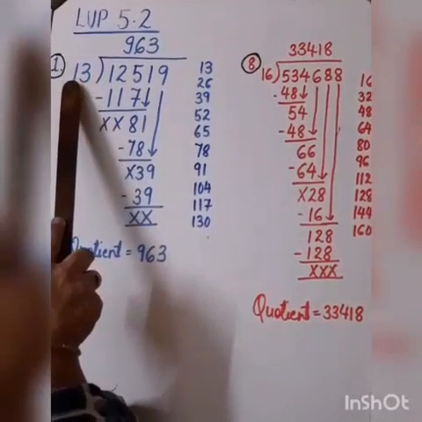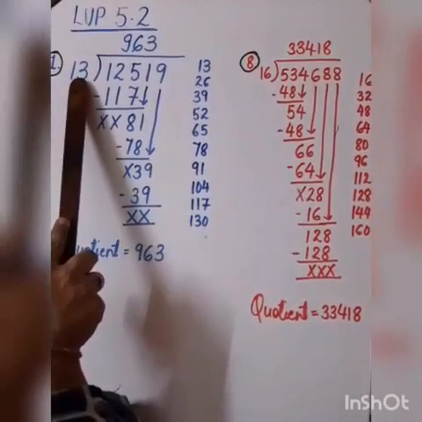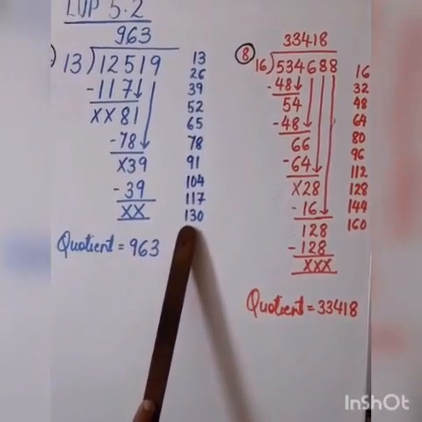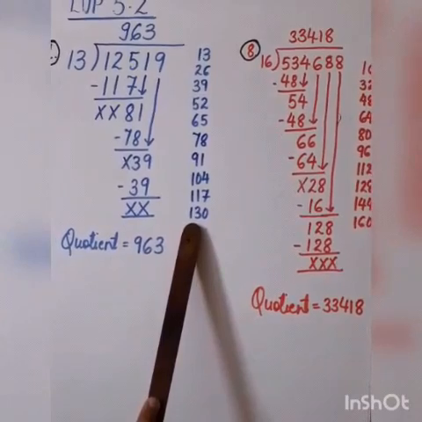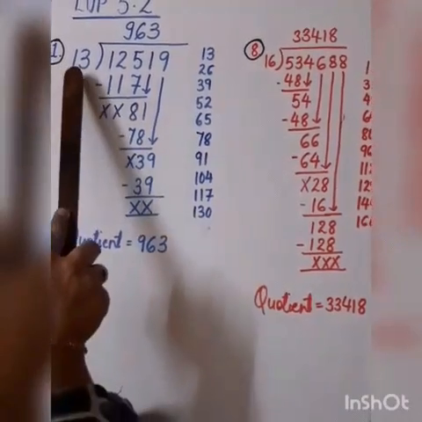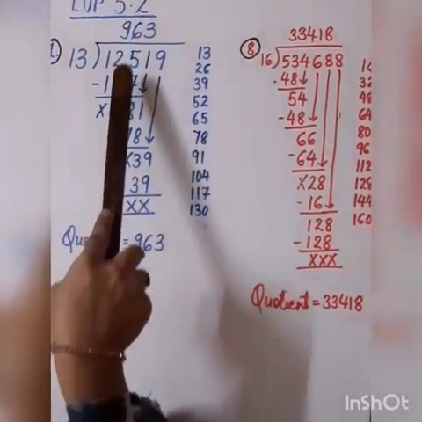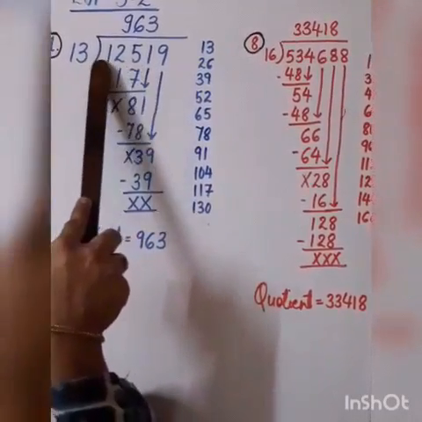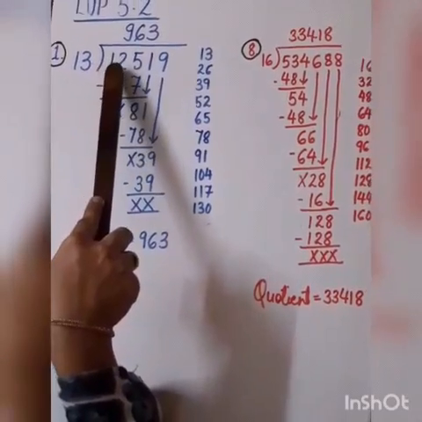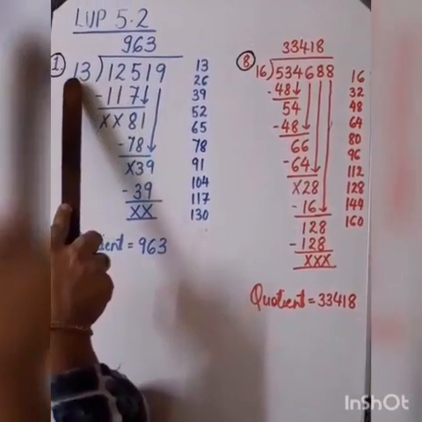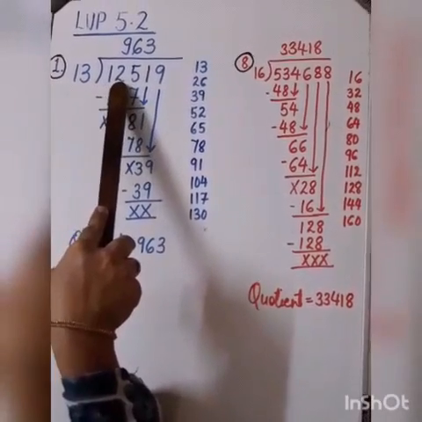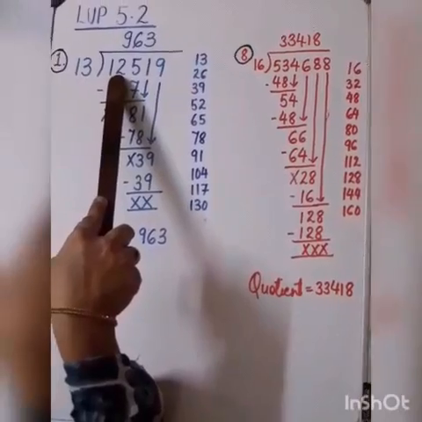Okay, so here we have to multiply with 13. So here I have written the 13 table. You can also write it for your reference. So here 13 nines are 117. Why I have taken 3 numbers together? So 1, 2, 1, which is less than 13. So if I will take 12, so it is also less than 13.